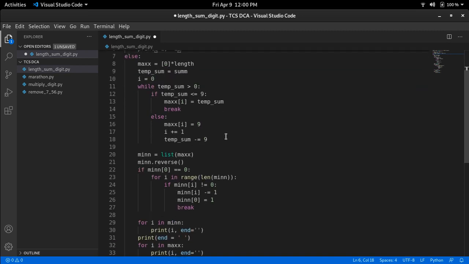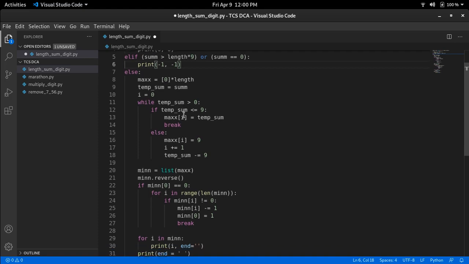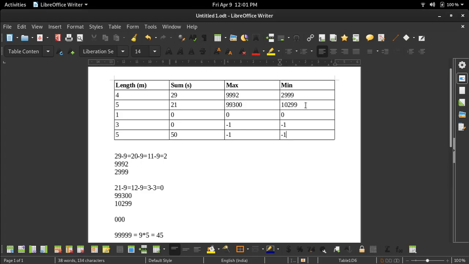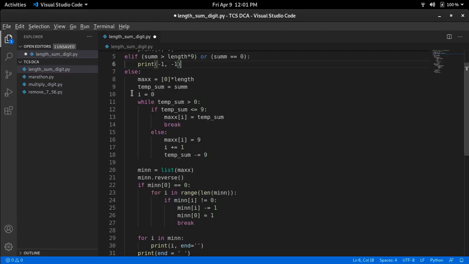Now let me explain the actual logic which we discussed for the first two test cases. Initially we initialized a number with 0. For example, if length is given as 4, then we'll take an array having all its digits as 0. Now we have copied the value of sum inside a temporary variable.